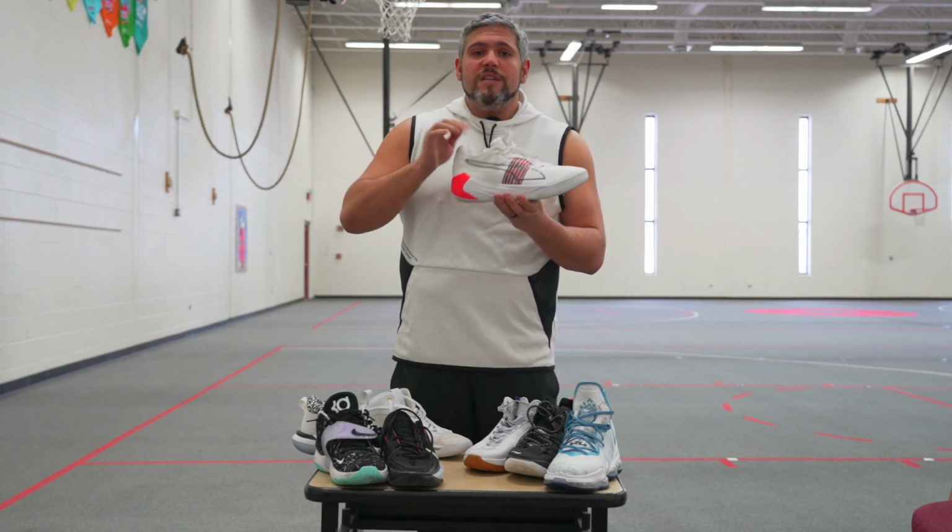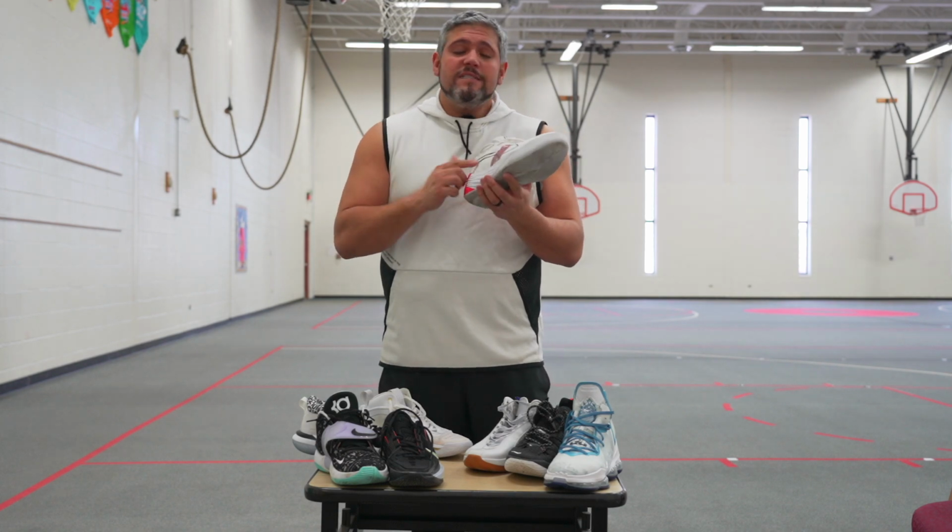If you can get the Nitro Fusion and maybe a color you like or a better deal, this is definitely one to check out from Puma. All right, so finally, two shoes that I thoroughly enjoyed playing in,